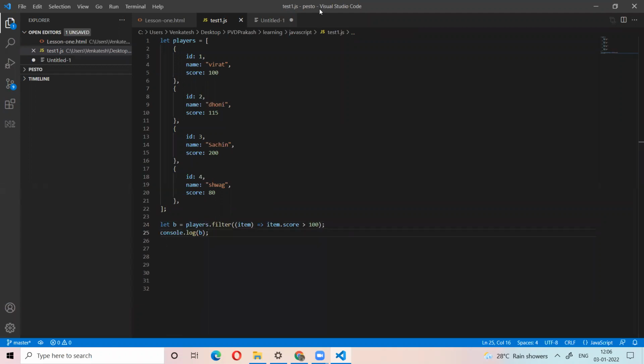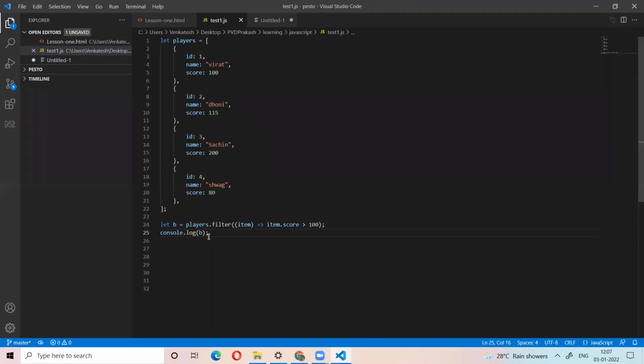Any confusion here? Dhoni and Sachin. Tell me, what is the correct output?